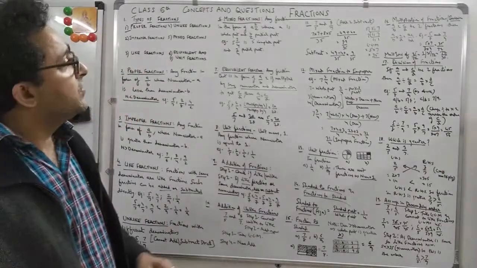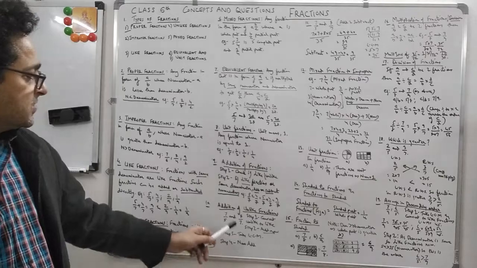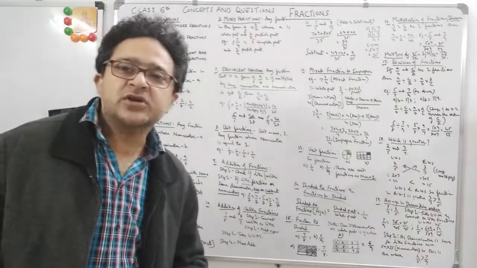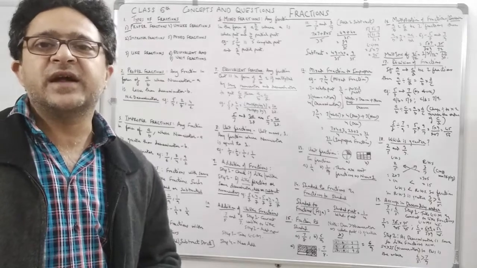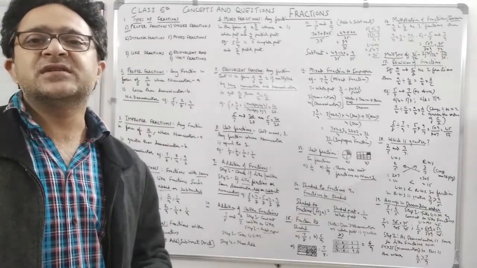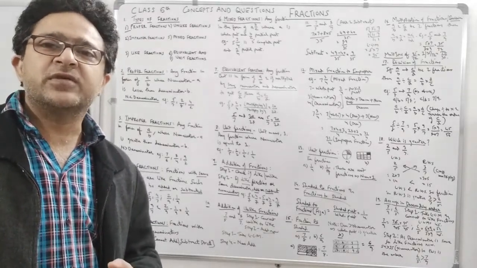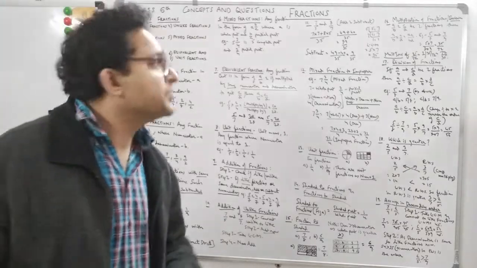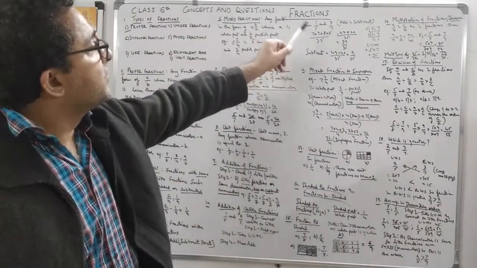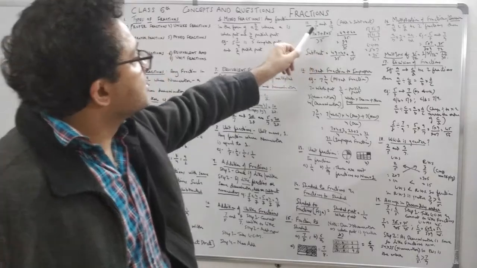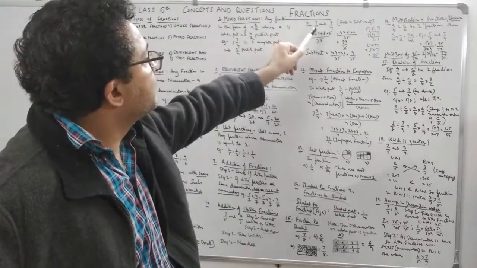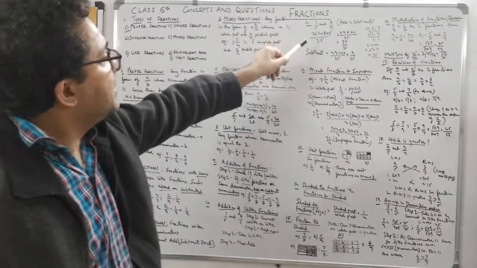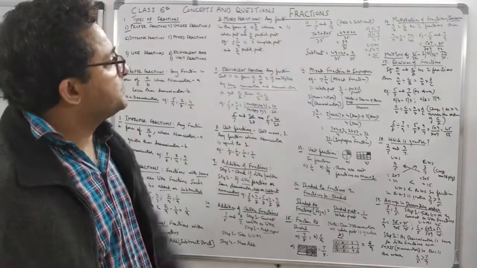So I'll tell you in one of the examples which is there. So this is basically just a concept to know how you do the addition of unlike fractions. Convert to like fractions by taking the LCM. Once you have taken the LCM, then you will have the same denominator. And let's see how. Now the same question comes here. We are adding these two fractions which are unlike fractions because they have different denominators. Now add 7 by 5 and 8 by 7.